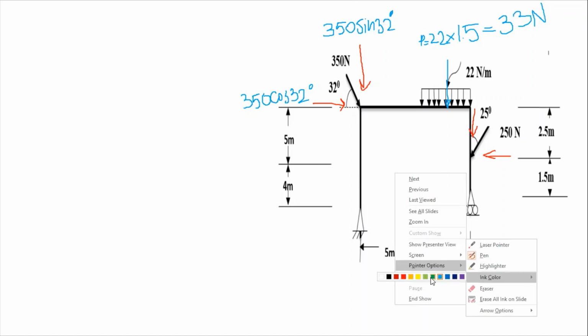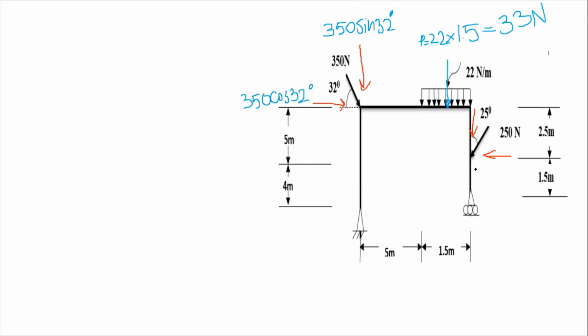So how can we do that? Let me take another color marker. Here you can see the angle is attached with the perpendicular line, so it will become the base. So right now the horizontal will be 250 sine 25 degree. It will be like this, and this will become 250 into cos of 25 degree.